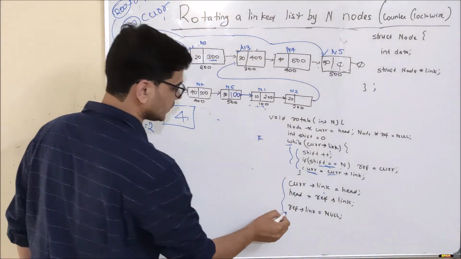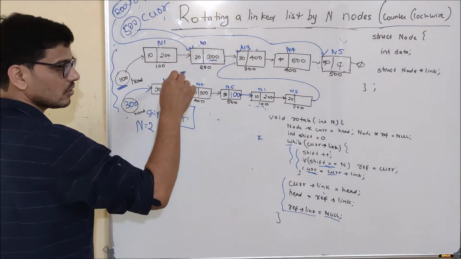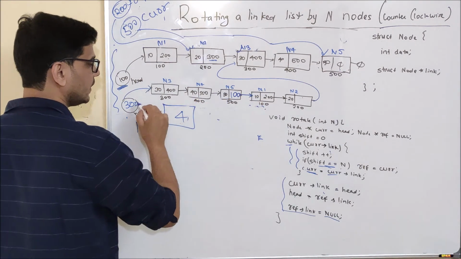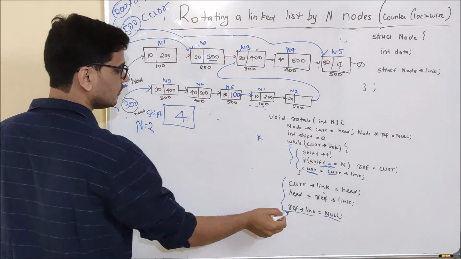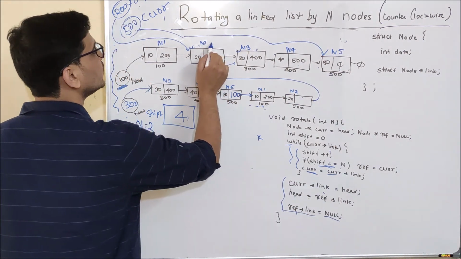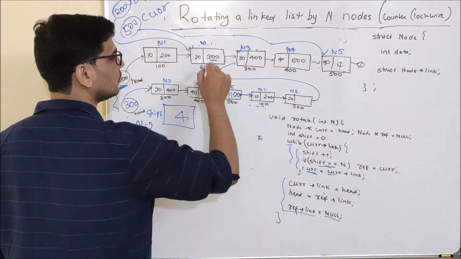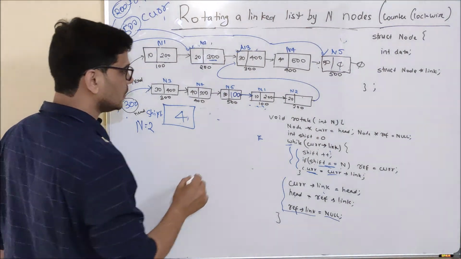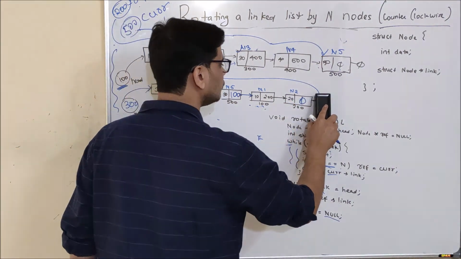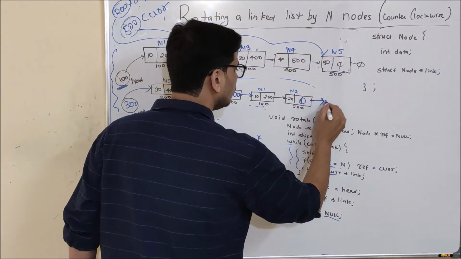Okay, and what I am doing last? Reference dot link equal to null. See, once all these things are done, that is node 5 will start to point to node 1 and head will start to point to node 3. I will have to make the link part of this particular node point to some null location. Otherwise, it will point to node 3 and it will form a loop. Okay, so what I will do? I will make this link part of node 2 null so that this link will be broken and the loop will be deleted.